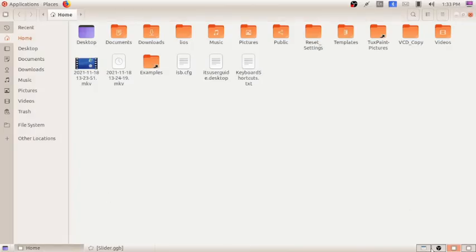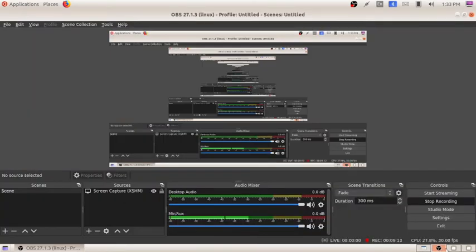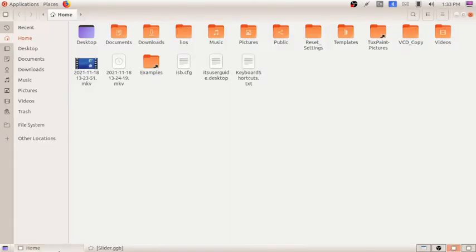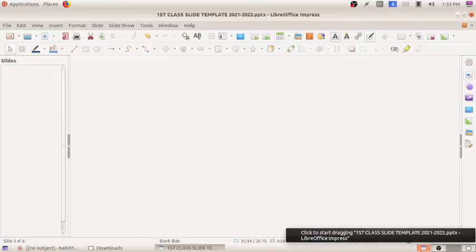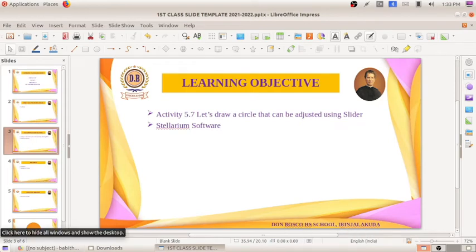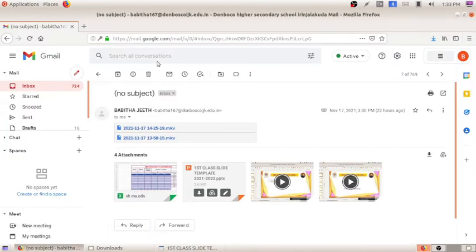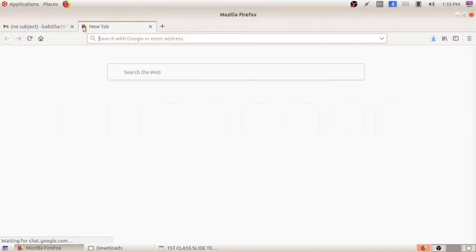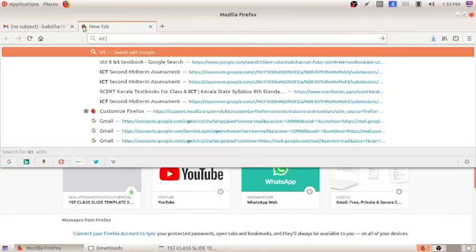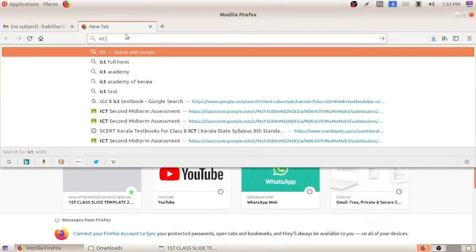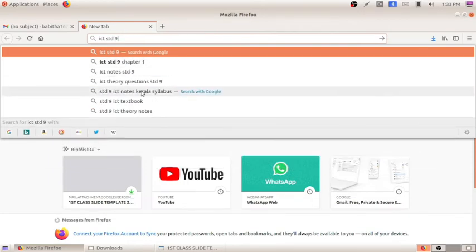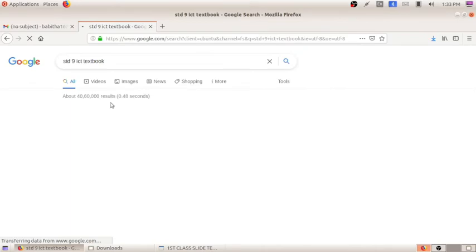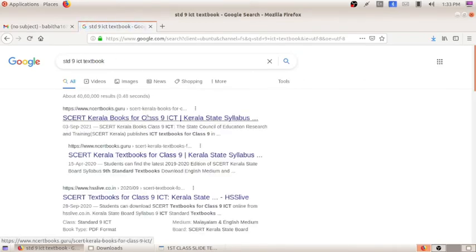So let me take the textbook. If you want to see the textbook online, you can type it here.